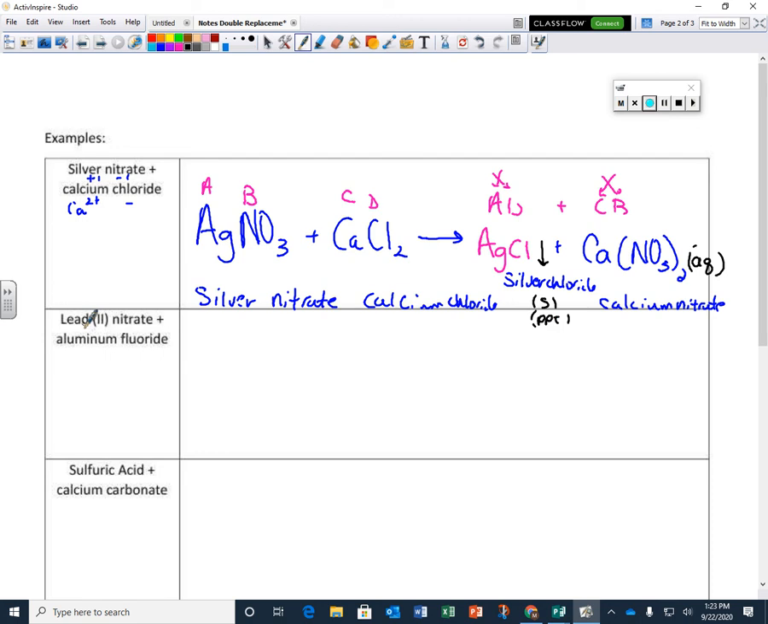The second example is lead 2 nitrate reacting with aluminum fluoride. If we use the words, lead bonds to fluorine, aluminum bonds to nitrate. So that would be lead 2 fluoride is your product, and aluminum nitrate. Now we have to write the compound formulas that go with that. Lead 2 nitrate, PbNO3, aluminum fluoride,